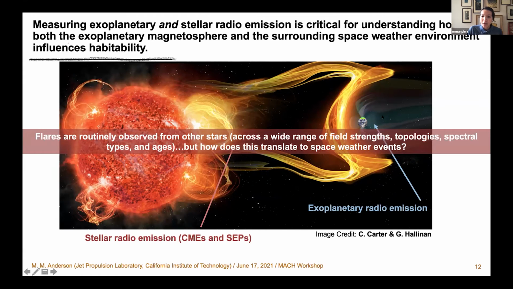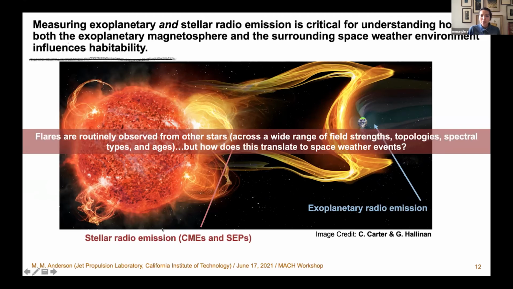But it's still an open question as to how this translates to space weather events in terms of coronal mass ejections and SEPs. CMEs have not been definitively detected around another star. There's been a detection of, for example, blue shifted X-ray spectral lines. But in order to start routinely detecting CME type events, we really need something like radio observations trying to detect these type 2 radio bursts to definitively understand how stars produce, or whether stars produce CMEs across a range of spectral types and magnetic activity levels.